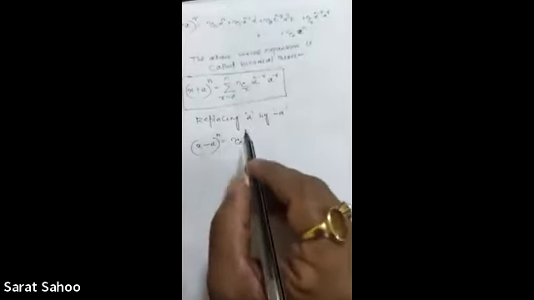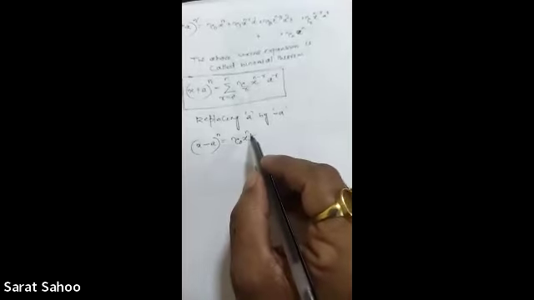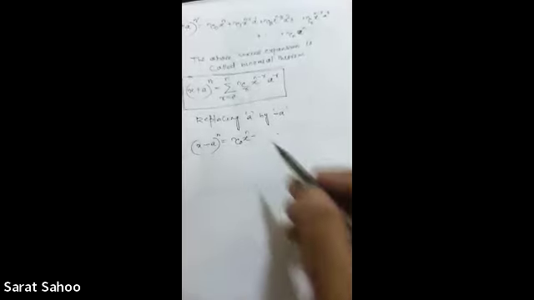nC0 x to the power n minus nC1 x to the power n minus 1